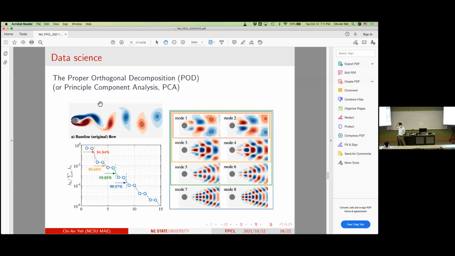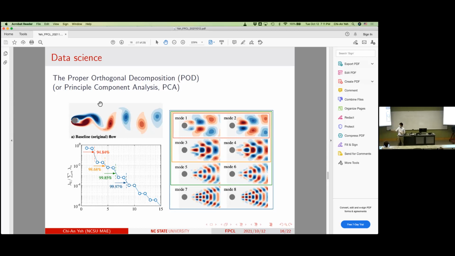Anybody heard this? No. How about the latter one? Principal component analysis. Anyone have a little bit of biology background? This is something people from biology do. Principal component analysis. But what these things really do is to find the spatial oscillating pattern